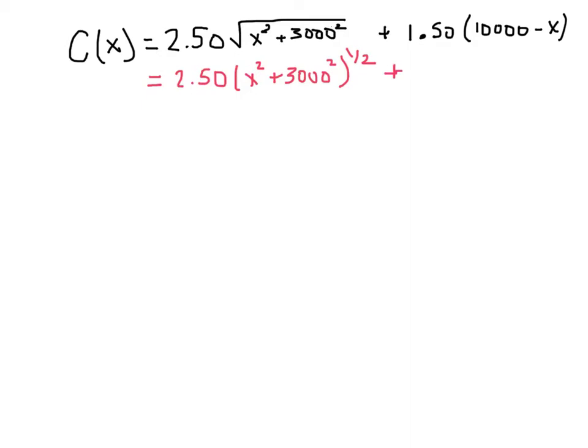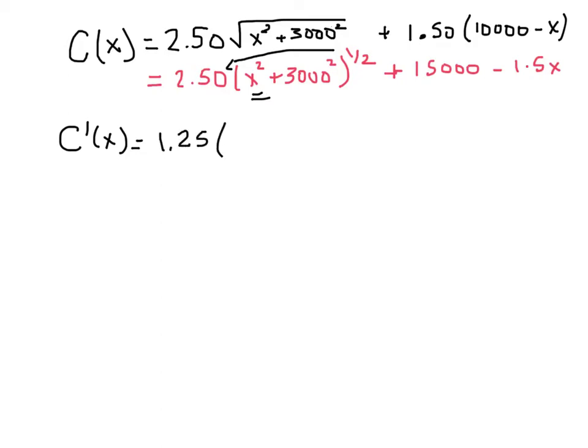So this would be 15,000 minus 1.5x. Then we can take our derivative fairly easy here. So C prime, the derivative of the cost function, we're going to use the chain rule, the general power rule. Bring this 1/2 down and multiply it by the 250, and then make that a minus 1/2. And then don't forget the chain rule, we have to multiply by 2x. So this is going to be 1.25, because half of 250 is 1.25, times x squared plus 3,000 squared to the negative 1/2